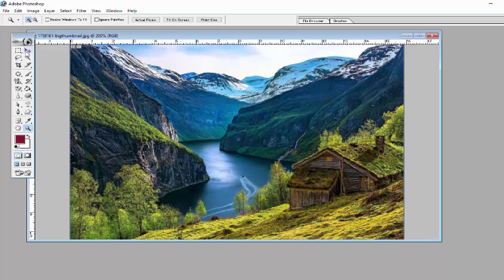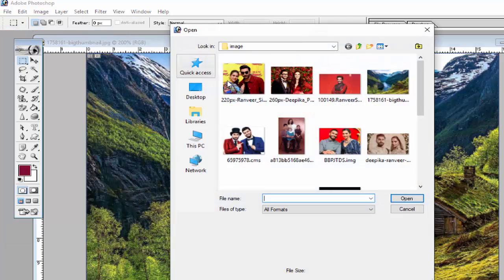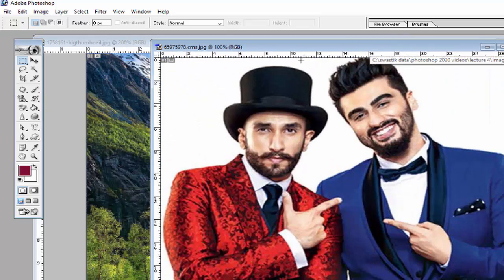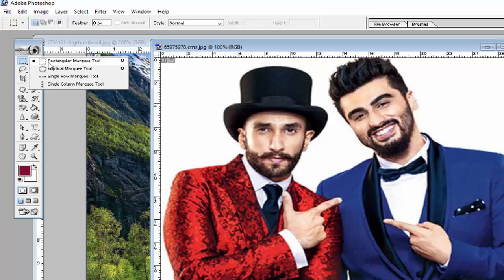So use first the rectangle marquee tool. For this we will open some images in this file like this. So first of all we will select this image part with the rectangle marquee tool.